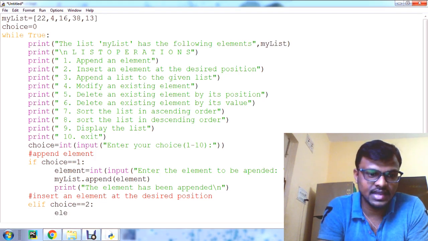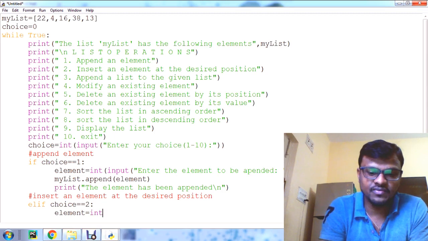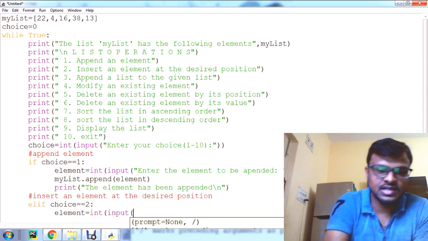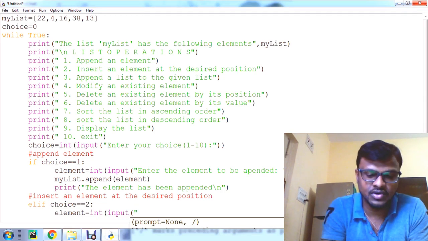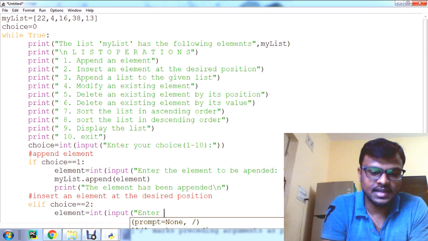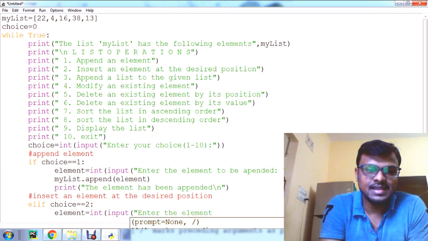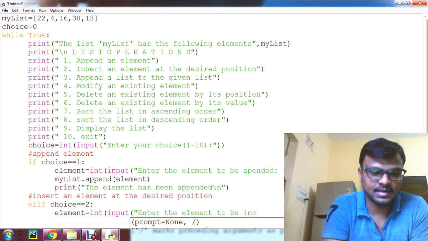So take the variable called element. Element is equal to, taken from the user. You know this statement: int input, enter the element to be inserted.